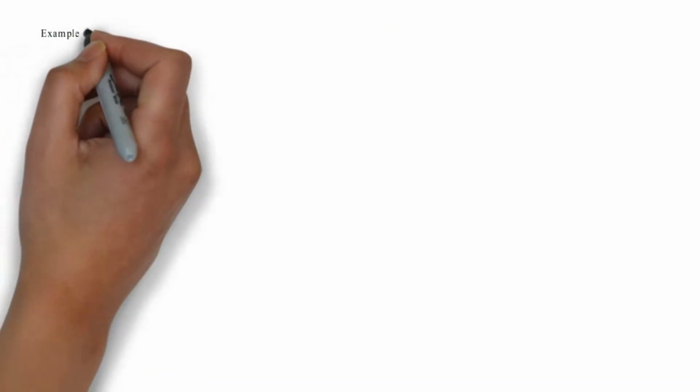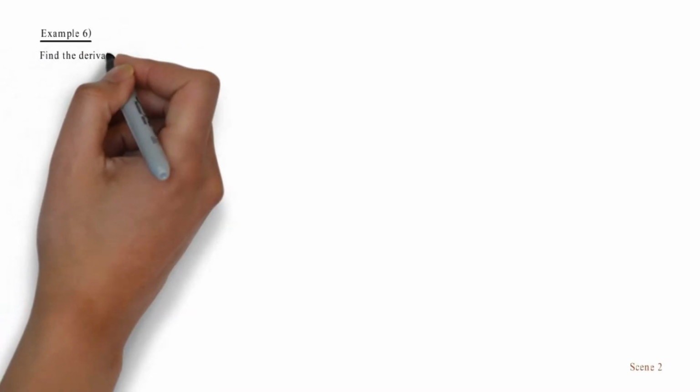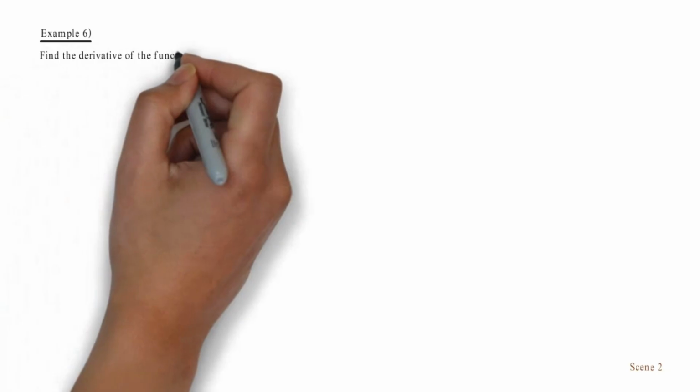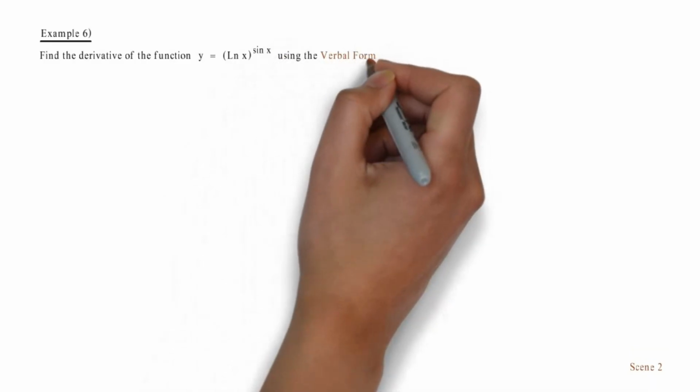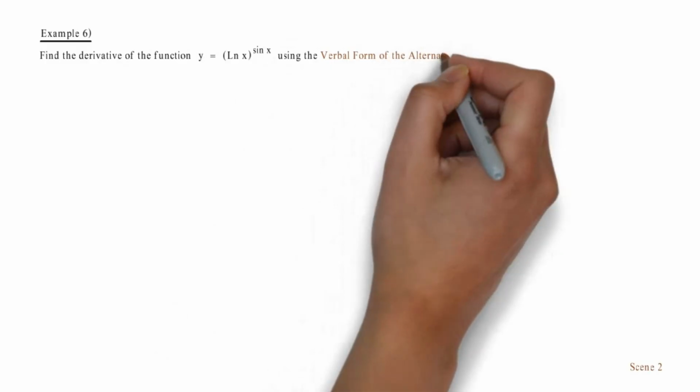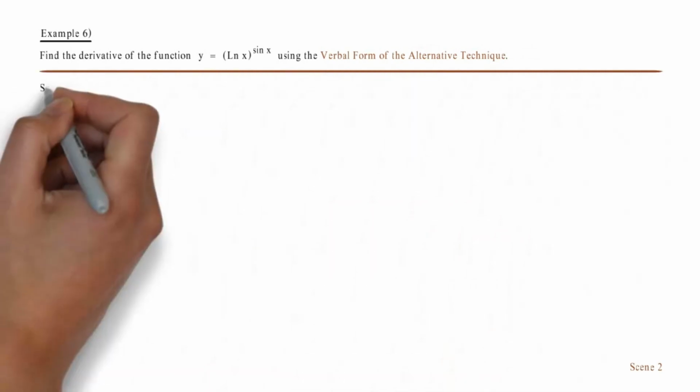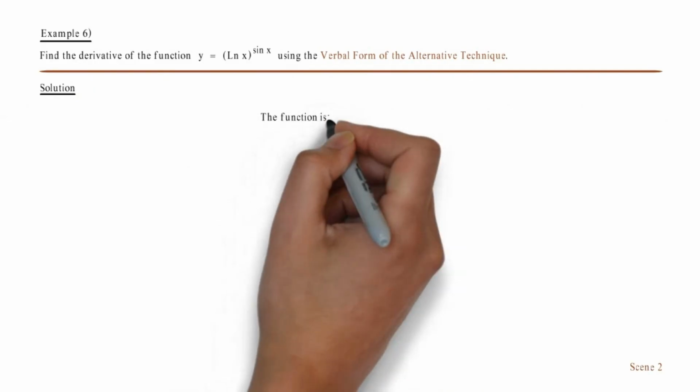Example 6. Find the derivative of the function y equals ln of x to the sine of x using the verbal form of the alternative technique. Solution. The function is: